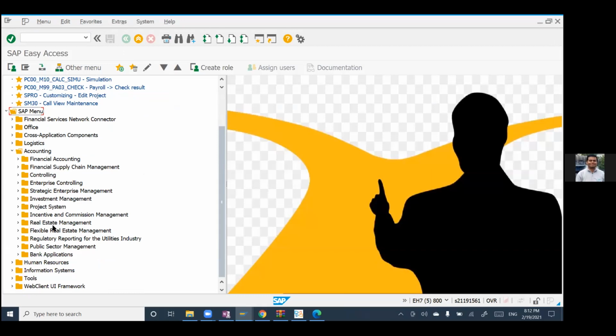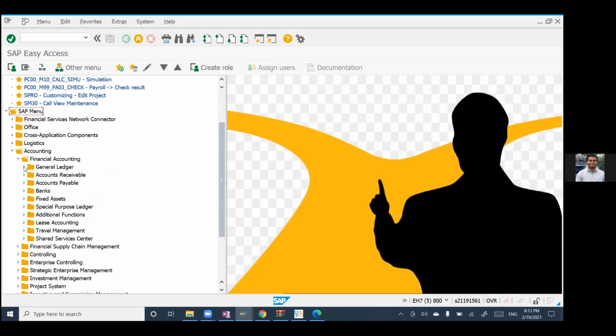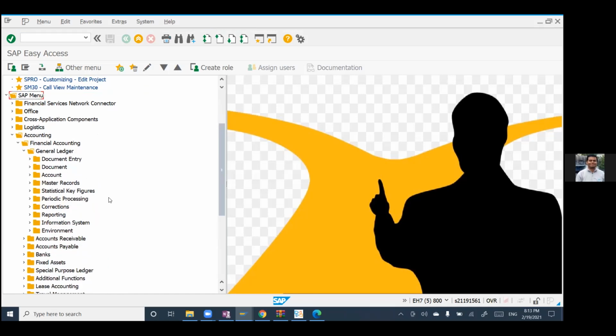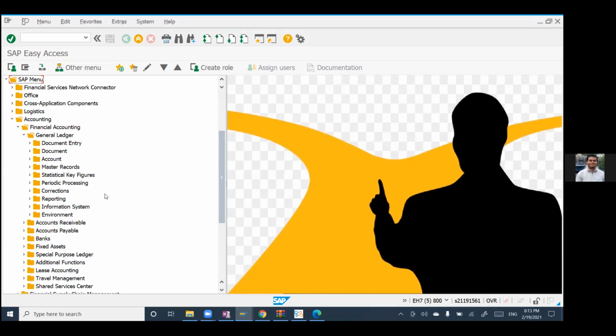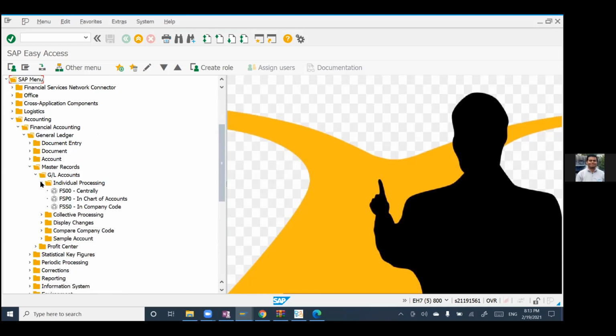General ledger is there, I think under financial accounting. From General ledger you go to master record, from that you go to GL accounts, individual processing. In that you select in company code FSS0. Okay, so if you execute it,